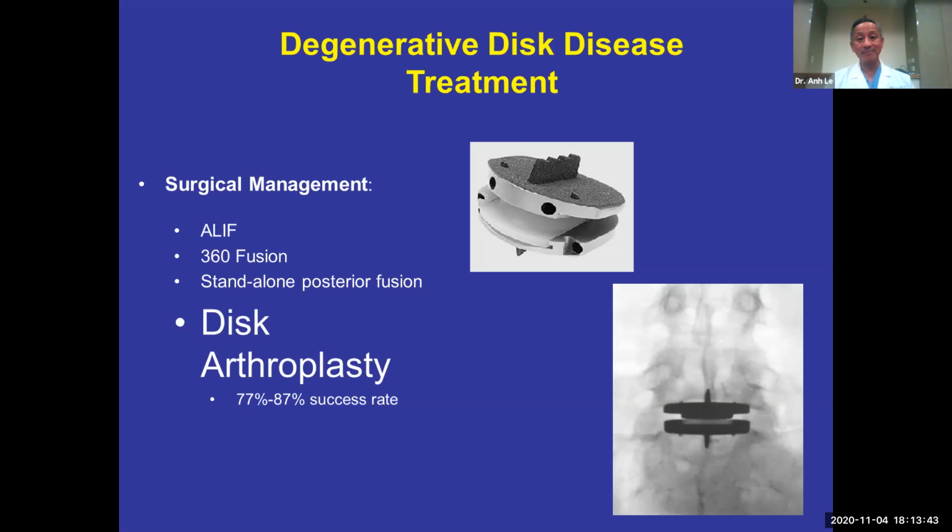Well, it didn't pan out the way we thought. So we started putting discs in universally between 2000 and 2005. And what happened is that the mechanical discs are made out of titanium, with titanium end plates and a polyethylene center, allowing it to move back and forth. Unlike the knee and the hip joints, the vertebral body bones are not very strong.